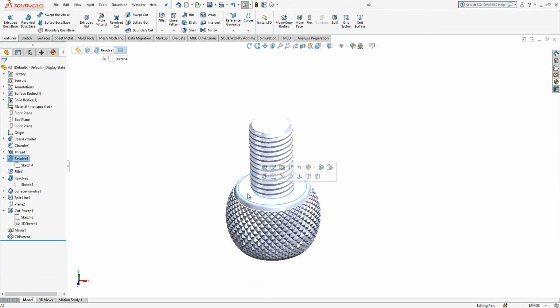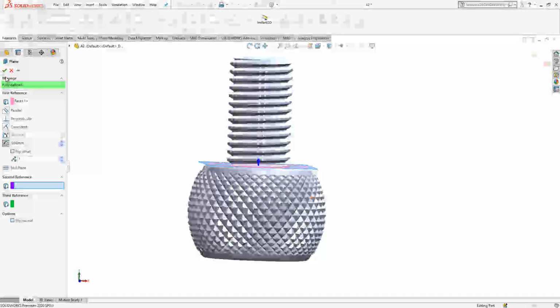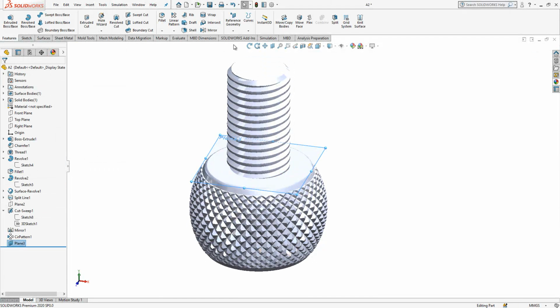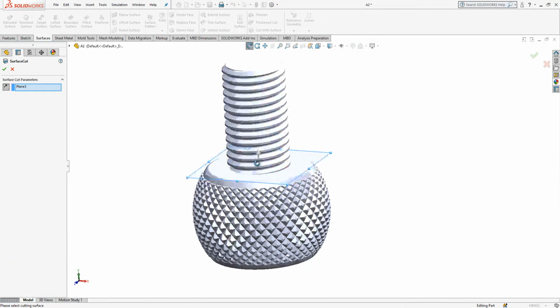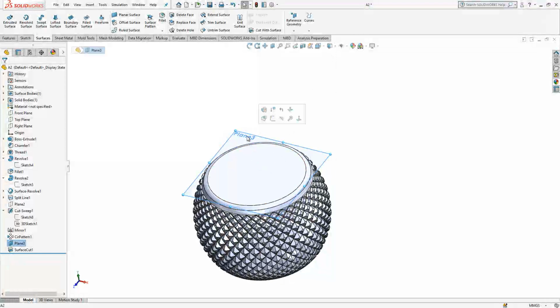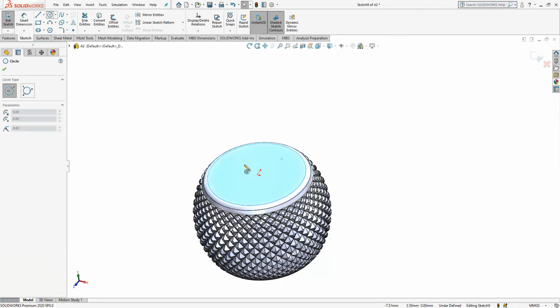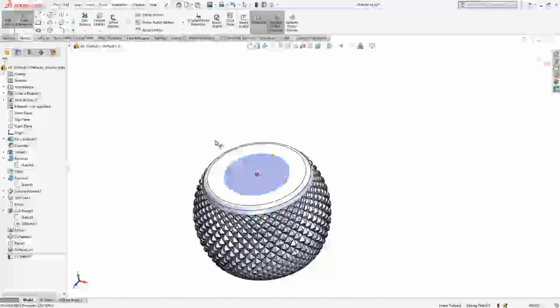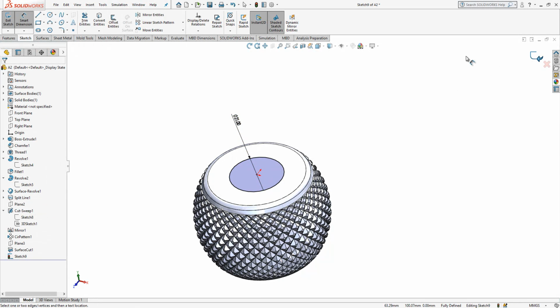Then next step, we select the surface, we say plane, and the plane will be at a height of 0. So a plane coincident with the surface. Then we go to surfaces, cut with surface, change the arrow, and this part is gone. Okay, we get rid of the unnecessary part. Now we create a sketch here. We place one circle. You can do this also with the hole wizard instead of doing these operations. 21 diameter,